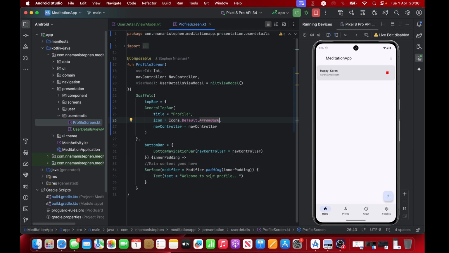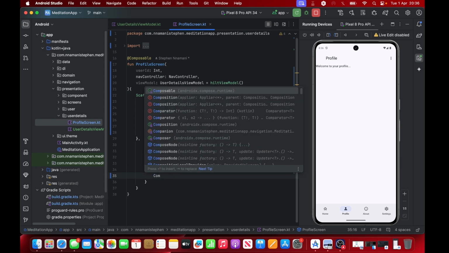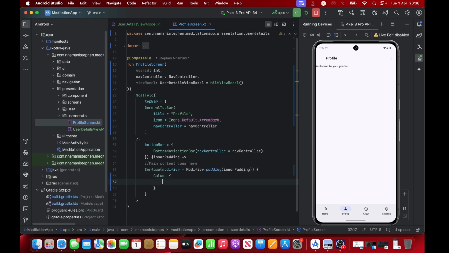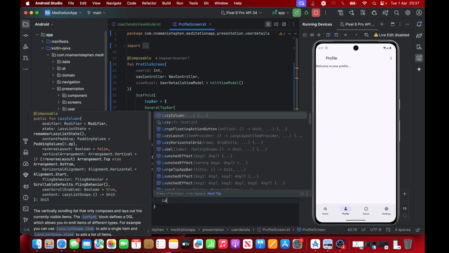Then here in our surface, we used to have text here, this text. So we're going to take that out and display our details. So here we're going to use a column, and let's set some column parameters as well, how we want our items to be displayed in this column. Within that, we're going to use launched effect to load past our view model. So launched effect,